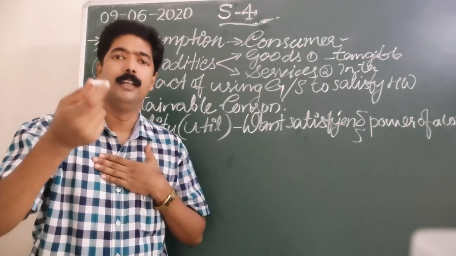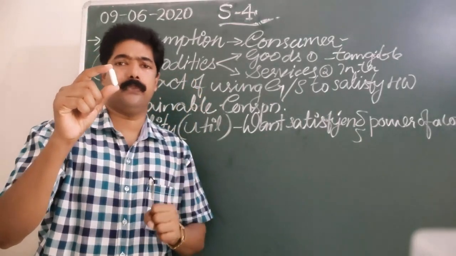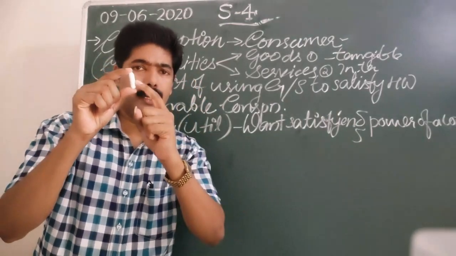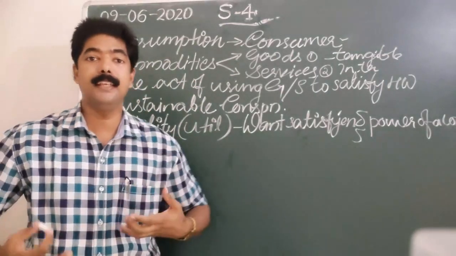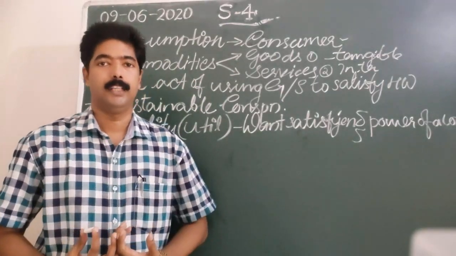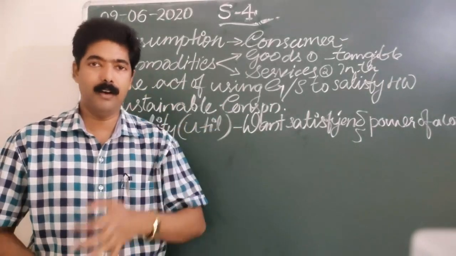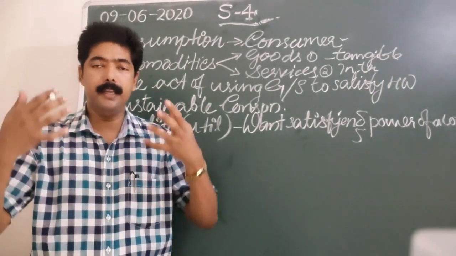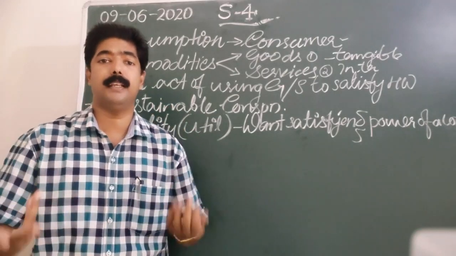Therefore, that capacity, that want satisfying power of this commodity is known as my utility, my satisfaction. After the use of one commodity, I am getting a satisfaction